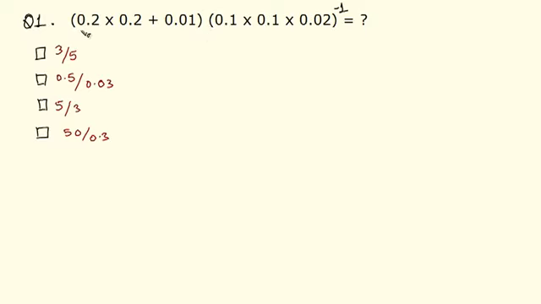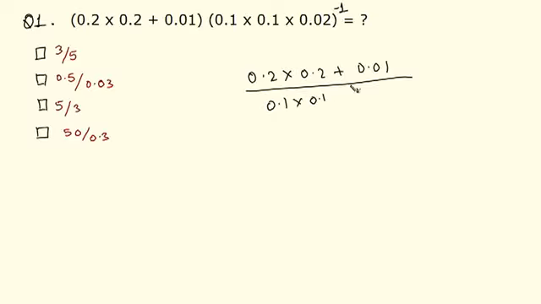Okay, so we have been given 0.2 into 0.2 plus 0.01, and remember this is a multiplication. It is divided by, actually it is raised to -1, so if anything is raised to -1 it is actually the reciprocal. So divided by 0.1 into 0.1 plus 0.02, it is equal to 0.2 into 0.2 is 0.04 plus